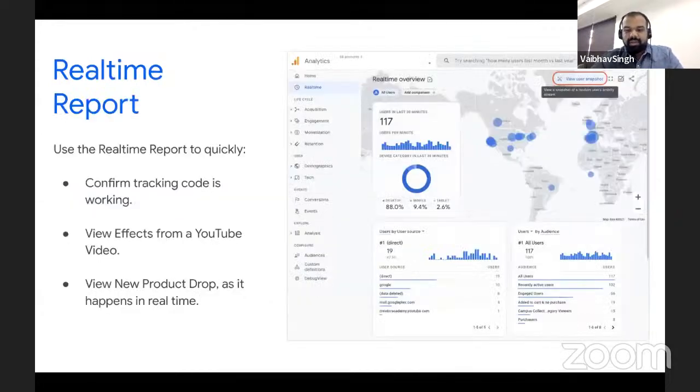One more, a little bit of enhanced view which is there is a real-time report. Earlier, the real-time report was just limited to the real-time users, but the dynamics have shifted a bit. Now you would not be able to see the exact real-time users, but you would be able to see the users who were on your website in the last 30 minutes. One page view or one event happens for a limited amount of time, and after that, if the browser is closed or the user has bounced out of your web page, the number gets deprecated.